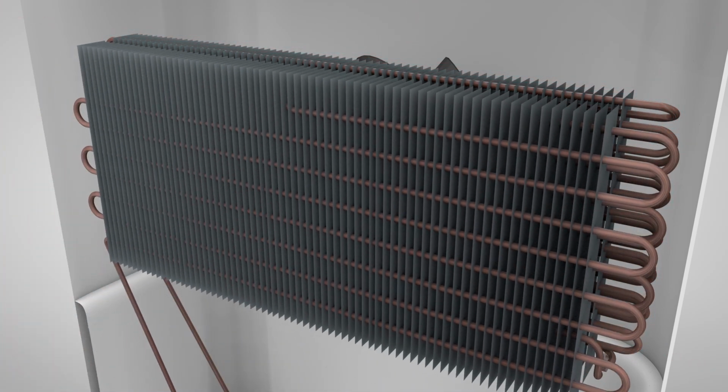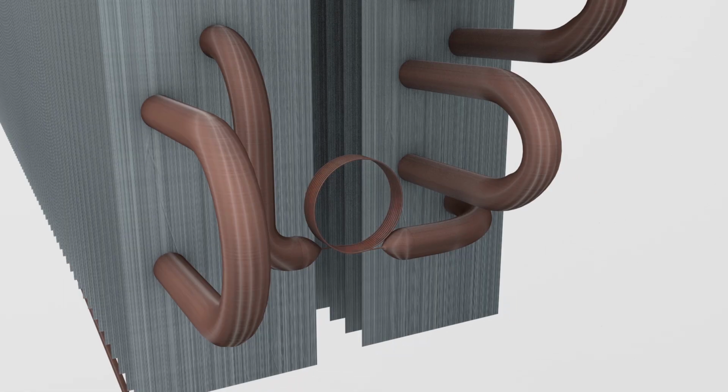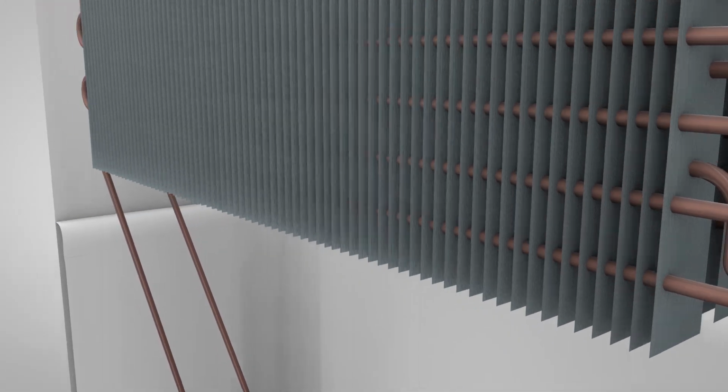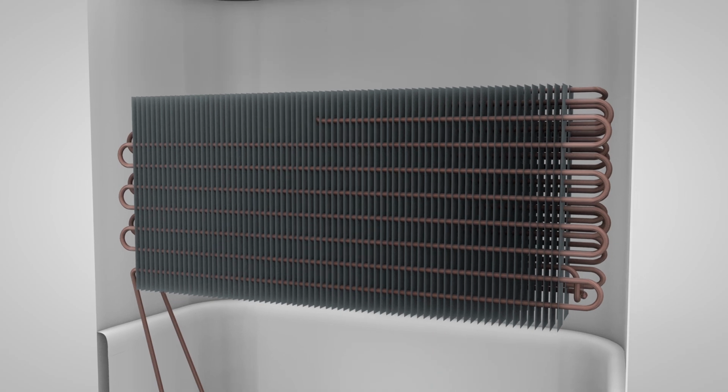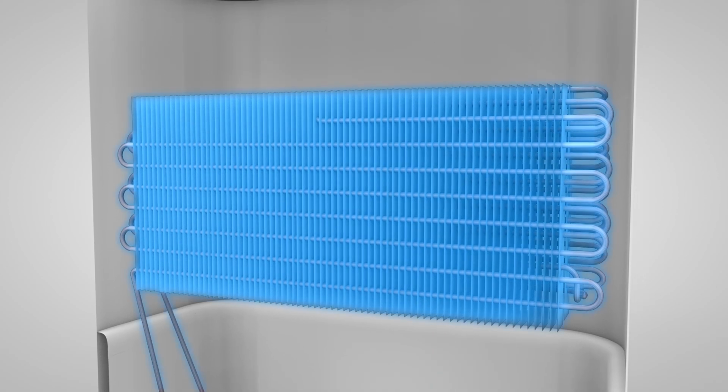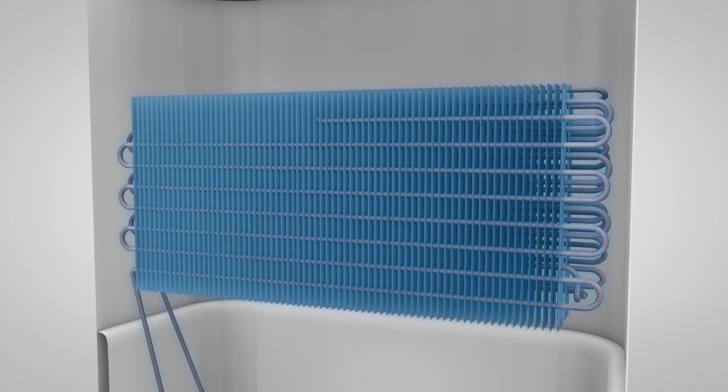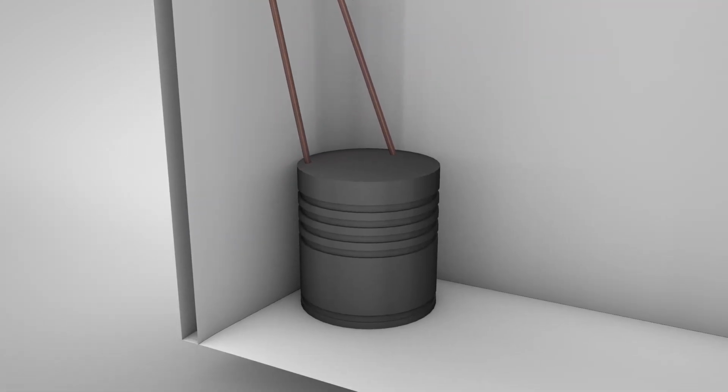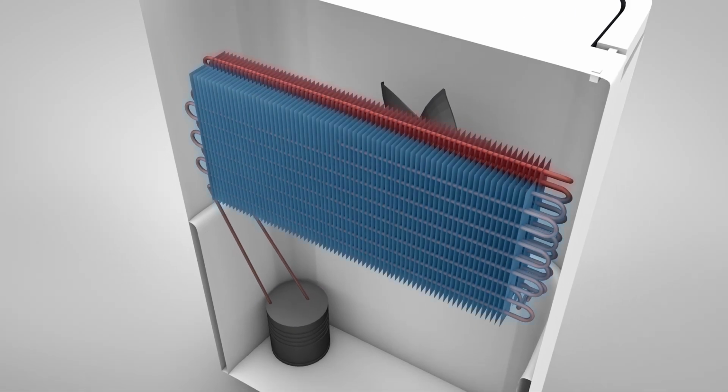Once the refrigerant has passed through the condenser coils and the capillary tube, it travels to the evaporator coils. As the refrigerant liquid enters these coils, it expands into a gas, which makes the coils cold. The gas flows through the coils to a suction line attached to the compressor. The compressor will then pump the gas back into the condenser coils, where it once again becomes a liquid, and